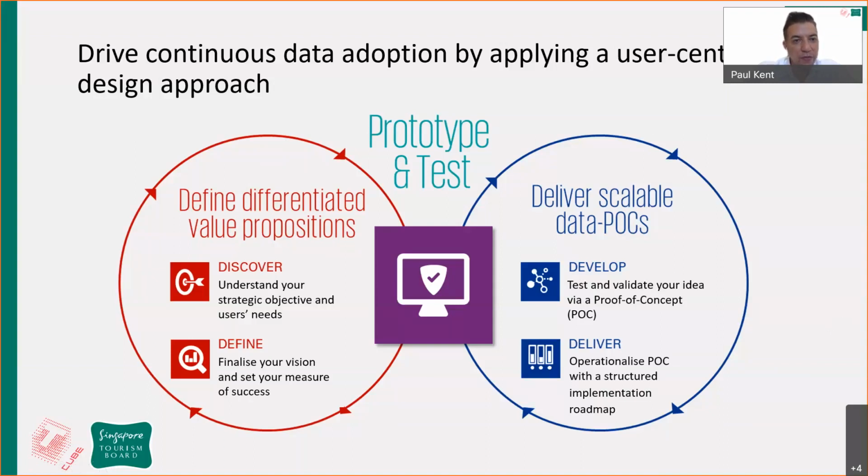So that discovery phase is really important, looking at what the strategic objectives of the business are, and what the different business users need. Many of these are not data science type people, but they've got very clear objectives and priorities in their mind. Then from there, starting to understand what we could do from a data and analytics perspective that will help. And that's why you need that skill of a data science type person, because they can think of it in a slightly different way, but at the same time, you need to merge them with what the needs of the business users are. Next, getting into defining.